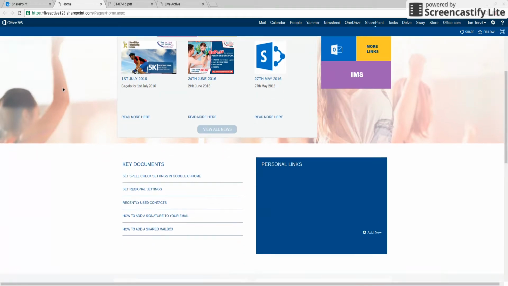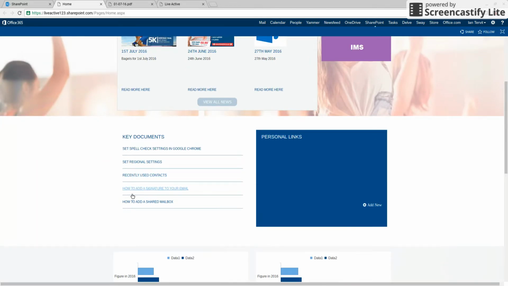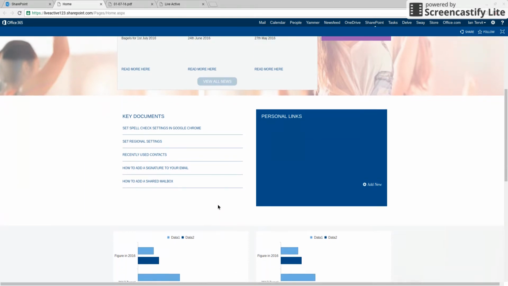Okay, and below that we have key documents. So these key documents are relevant to anything within LiveActive that we think you should know about. So in here could be any changes within the company that we think that you should be made aware of, or any documentation or policies that we think should be kept in there that you can get easy access to. So you just click on those and it takes you to the document or the area of the website that